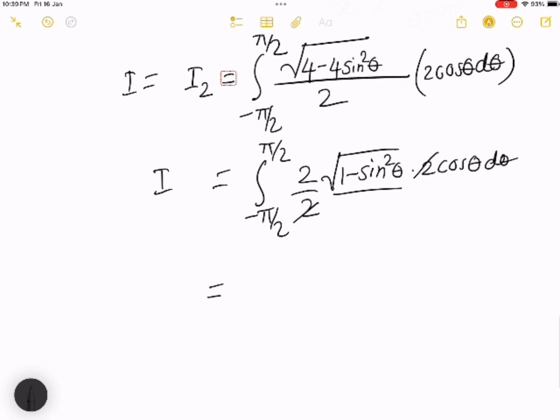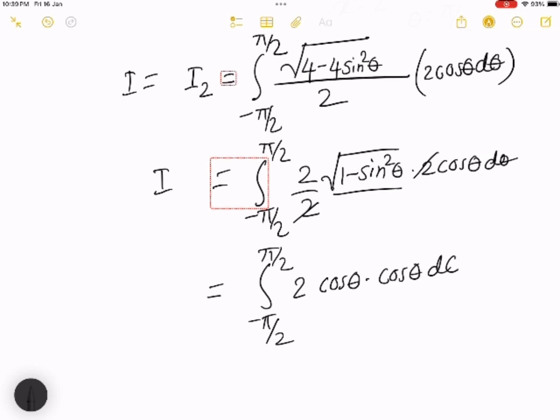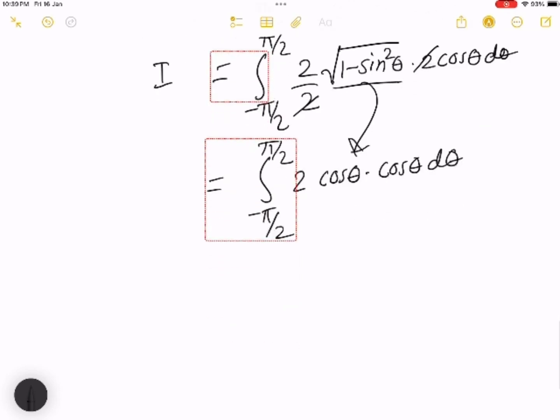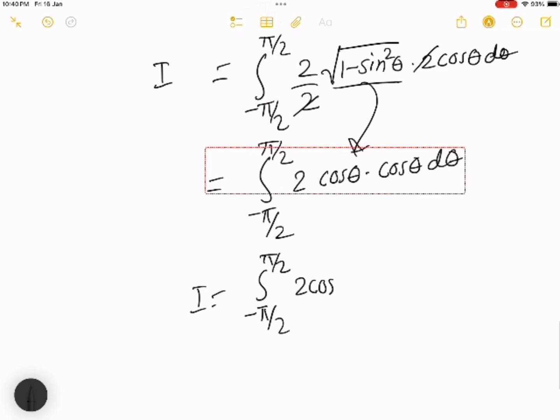Okay, so let's cancel these two and these two. So what we are left with, and again 1 minus sine square theta is cos square theta, and out of bracket it will be cos theta, and then again cos theta into cos theta will be cos square theta. So let's just write twice of cos theta into cos theta d theta. This is the solution of this. Okay, so we have I, which equals minus pi by 2 to pi by 2 twice cos square